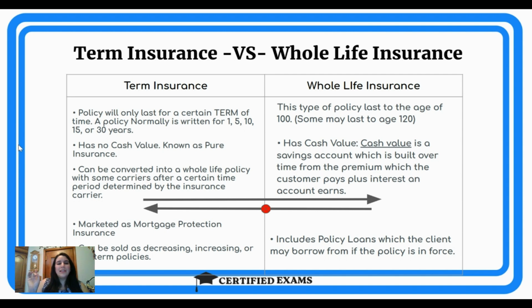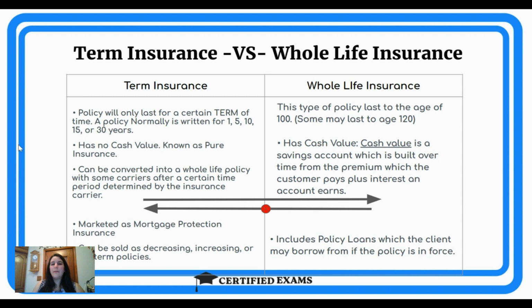So, like I said a little earlier, insurance people over the years have gotten super creative when it comes to figuring out how we are going to market these products, how we are going to sell them. So we can literally have 25 names for the same one product. And I'm not even exaggerating. In fact, I'm probably lowballing that number. But anyways, that aside, no matter what policy you're looking at, reading about, or reviewing with the customer once you're fully insured and sitting down with them, it's either going to be a term insurance policy or it's going to be a whole life insurance policy.